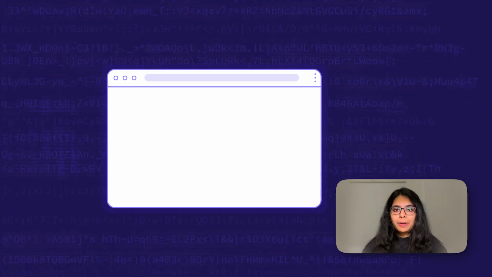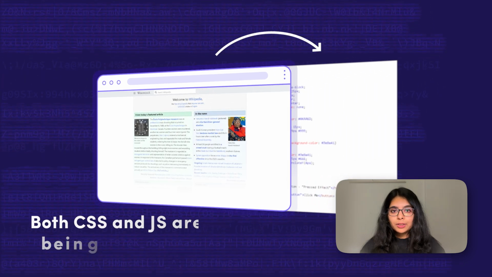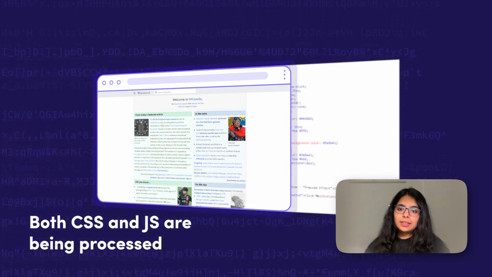While the HTML page is being parsed, it is simultaneously also processing linked resources like CSS and JavaScript files. It will parse all the linked CSS style sheets, and only then will it construct the CSS object model tree, or you can call it the CSSOM tree.